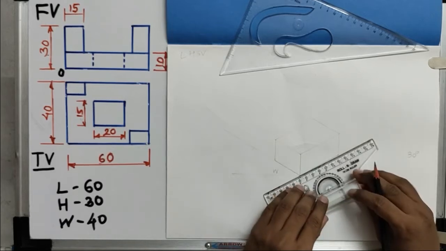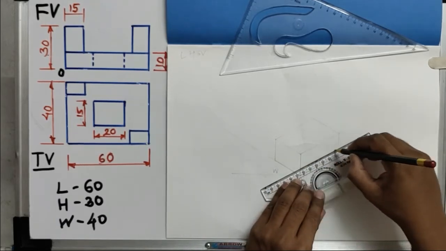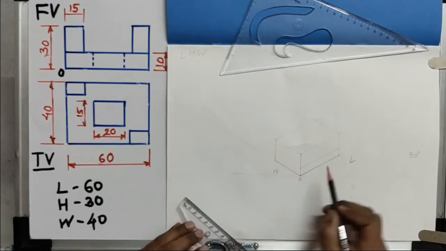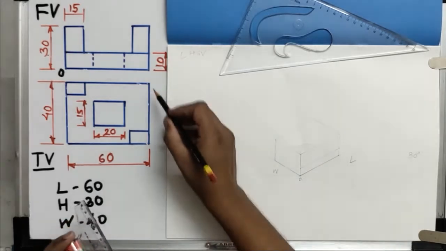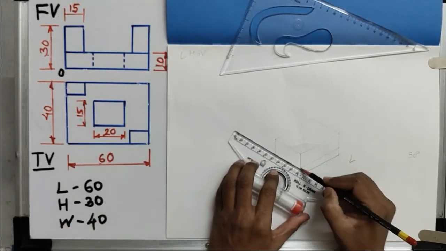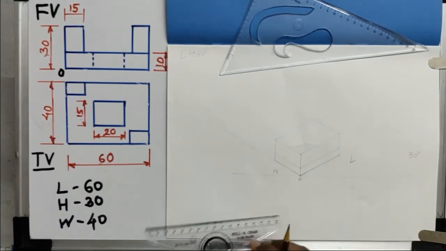So I simply have to draw the parallel line, which will join the straight line exactly parallel to the right side inclination. This is my bottom side. Okay, now from the side view also I have to represent the same height, that is 10 mm. Okay, and actually this is the rectangular box.